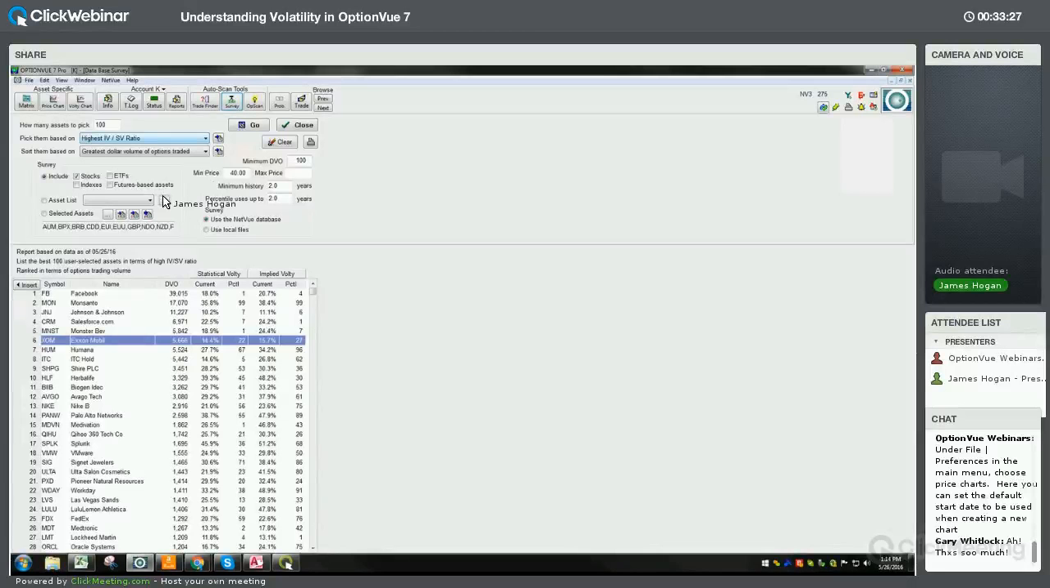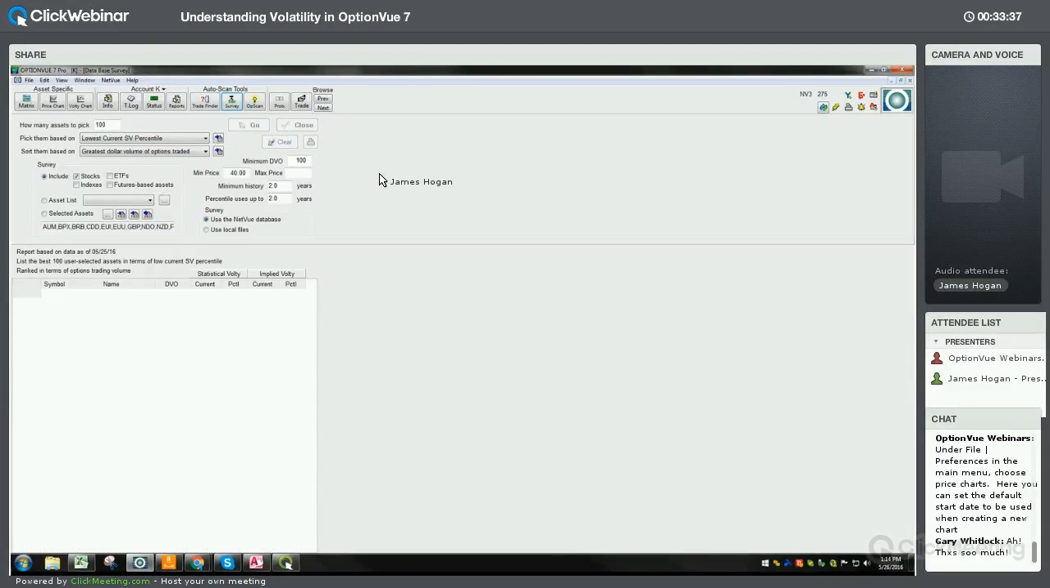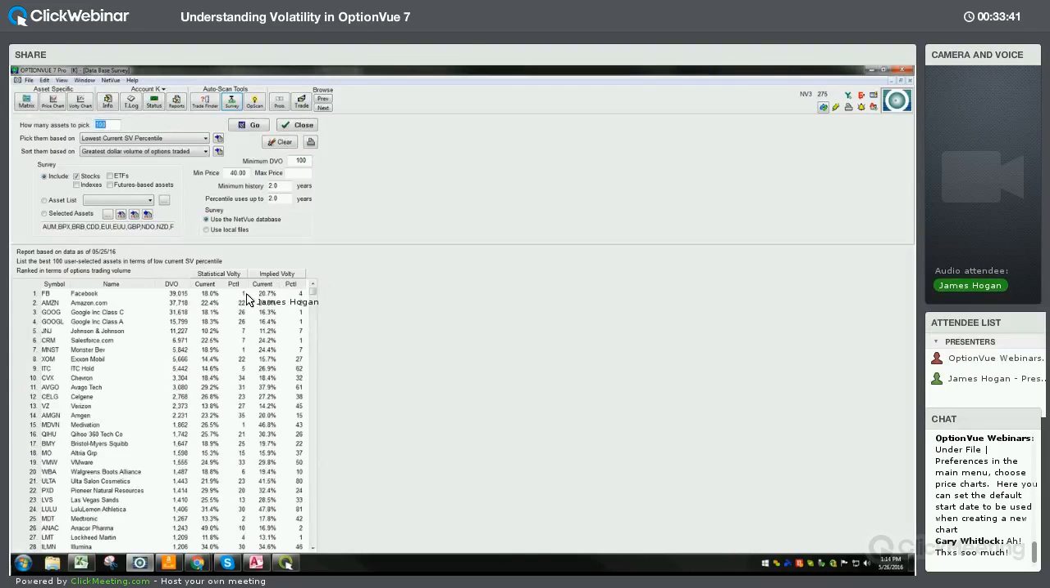Let's look at lowest SV percentile right now, based on greatest dollar volume options traded. Clear that and we'll go. Okay. We already saw that Facebook had a really low percentile, but this is something to consider as well. If we go back to the volatility chart on this one,